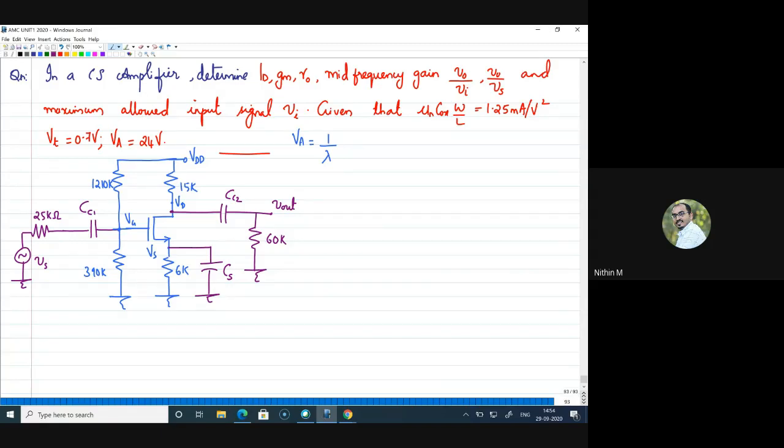Right. So if you look at the role of the capacitors, probably we can look at capacitors in this way. The capacitor will offer a reactance which can be written as 1 by 2 pi FC, and as far as DC is considered, so at DC voltages, or that means when your F is 0, the capacitors will offer an infinite resistance, right? That means for DC voltages, these capacitors will act as open circuit, meaning that DC current will not flow to the output or DC current will not flow to the input. So that means the DC condition is well maintained with the help of these capacitors.